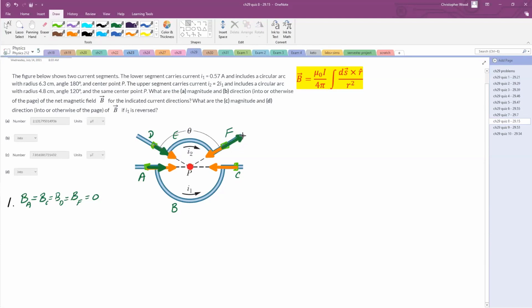Here's DS for F. That's kind of different. And here's DS for C. So let me just label those. Green is the DS vector, DS vector, DS vector. And again, the orange are the R hat vectors. So now you can just basically, as shown,